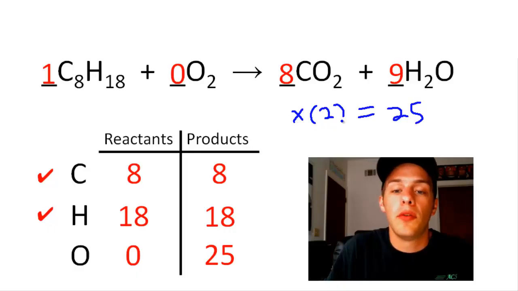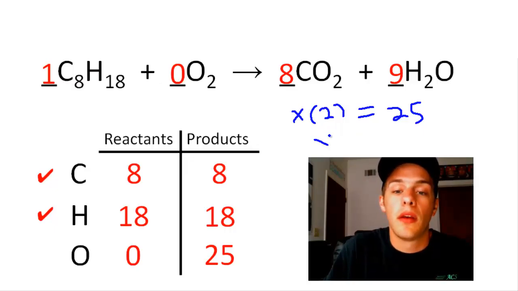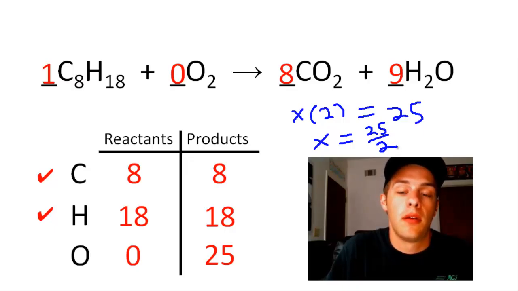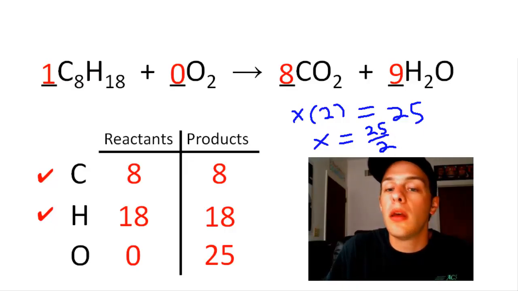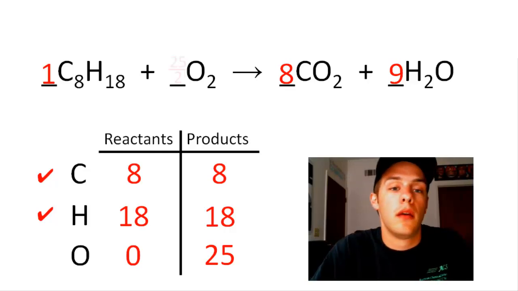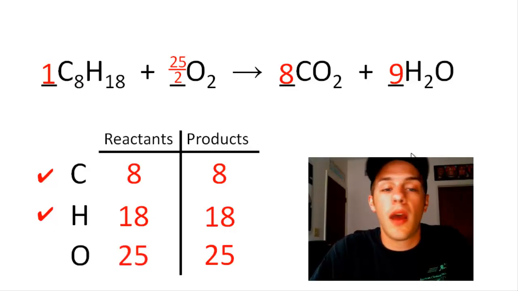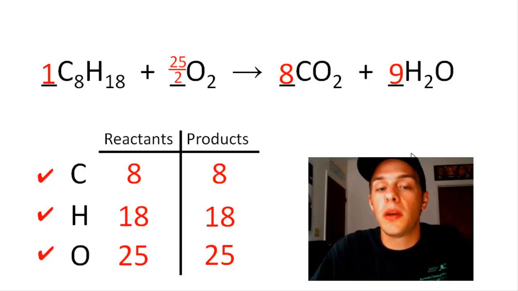So now in this case all we have to do is just solve for x. We can do so by dividing both sides by 2, and that's going to give us x equals 25 halves. So 25 over 2 is my coefficient that I'm going to put in front of the oxygen. So notice that 25 halves times 2, that's going to give us 25 oxygens. So now we have balanced all 3 of the elements,